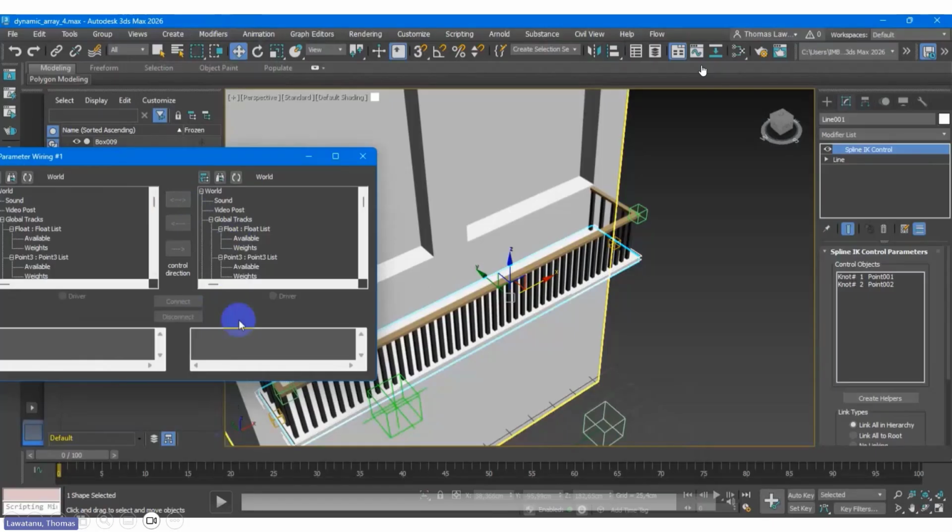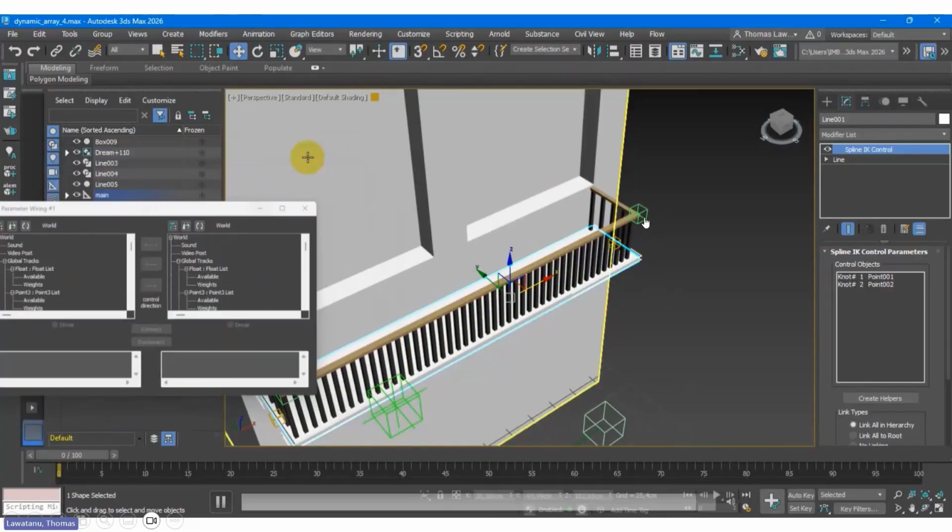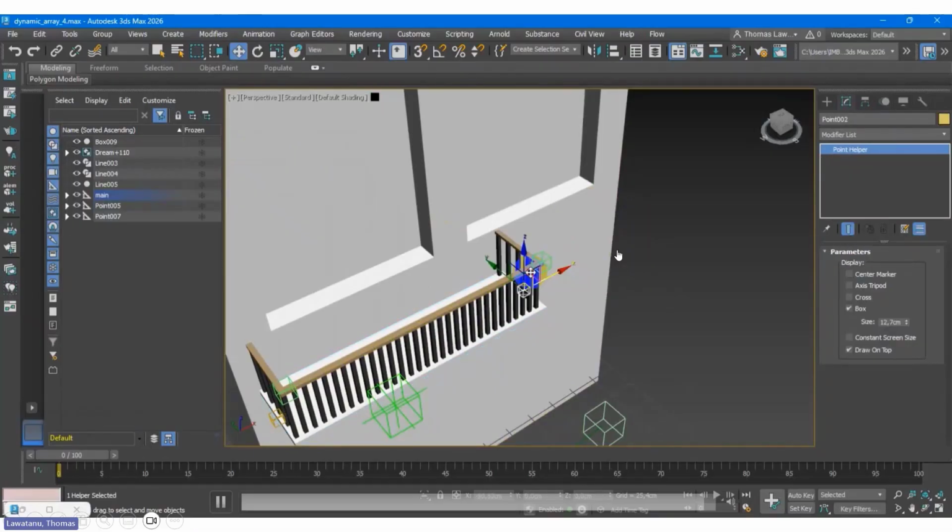That's why you need to put the x coordinate. Then this will follow this point like this, right? Again, this is using array. This is how array makes your project easier.